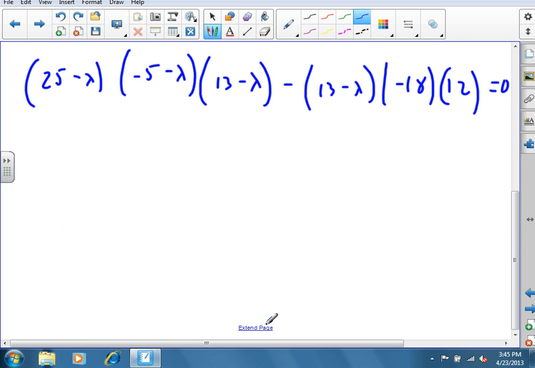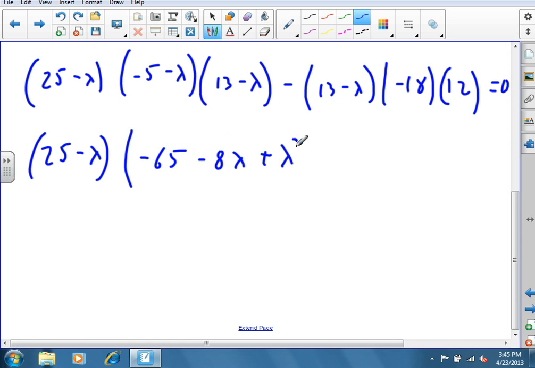This is where having a graphing calculator would really be helpful. I just have a TI-36 in my pocket. But I do have Maple, and Maple would probably tell me the right answer here. Well, so I got 25 minus lambda, times 65 minus 8 lambda plus lambda squared, minus